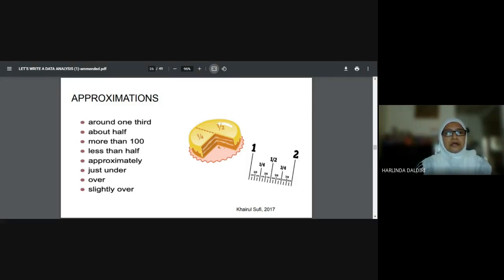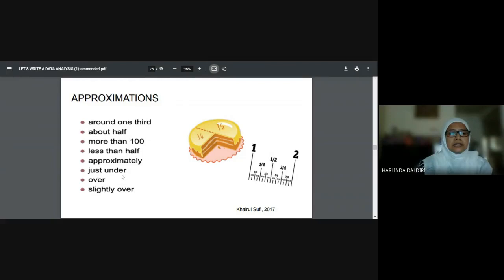When you have different numbers, then you can use this. More than 100. Let's say you have the figure 102, or when you are given a graph, there will be lines on 100, but the bar graph or the line goes slightly above 100. So you don't know whether it's 101, 102, or 110, 120. So you can just say more than 100, okay? And less than half,